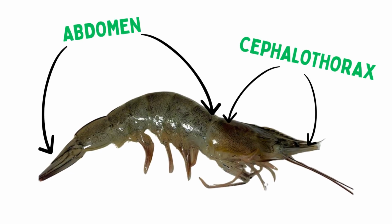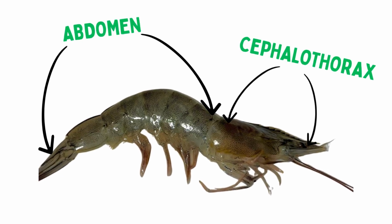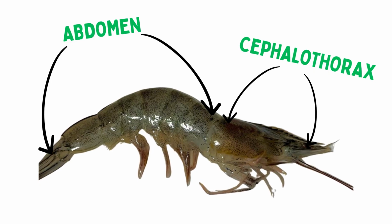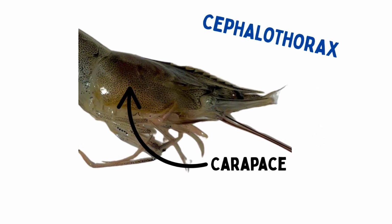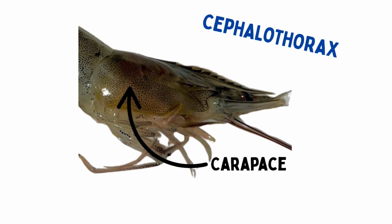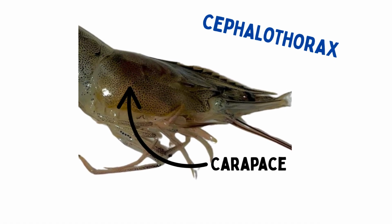The body of a shrimp is divided into two main parts, the cephalothorax and the abdomen. The cephalothorax is the front portion formed by the fusion of the head and the thorax. It is covered by a hard shell called the carapace, which protects the vital organs such as the brain, heart, stomach, and gills. This section also includes the shrimp's eye, antenna, and mouthparts, which are important for sensing the environment and